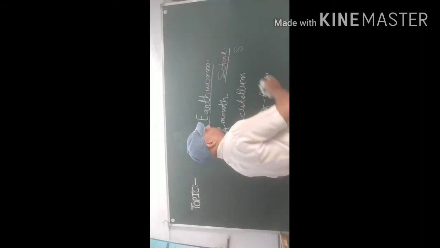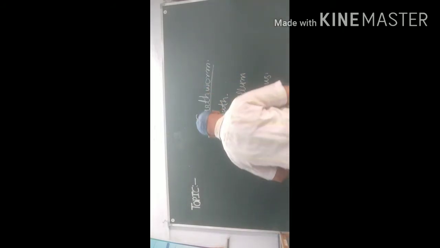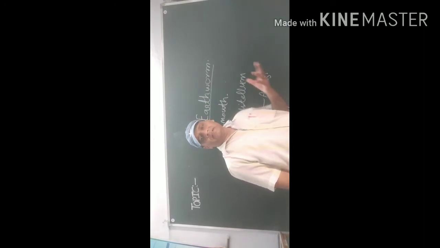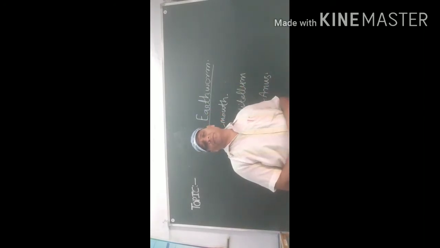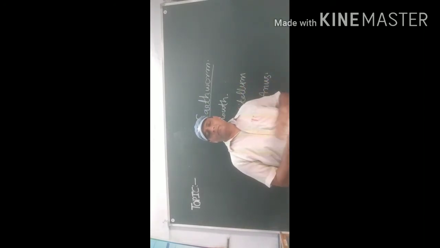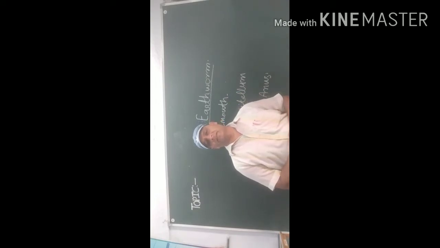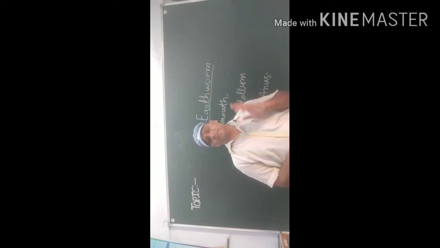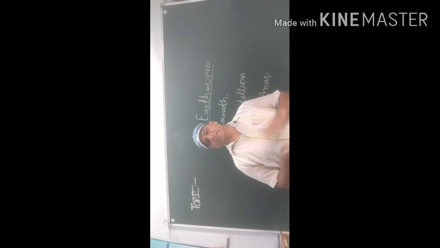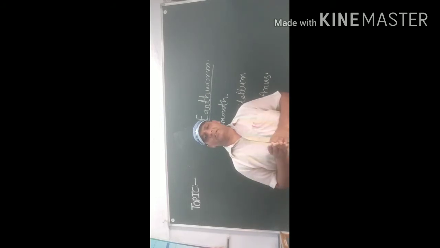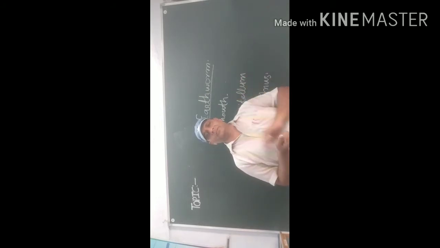Next, digestive system. The digestive system of the earthworm is composed of pharynx, esophagus, and intestine. These help in the digestion of food. A specific structure of the digestive system is the typhlosole, which helps increase the absorption of food.